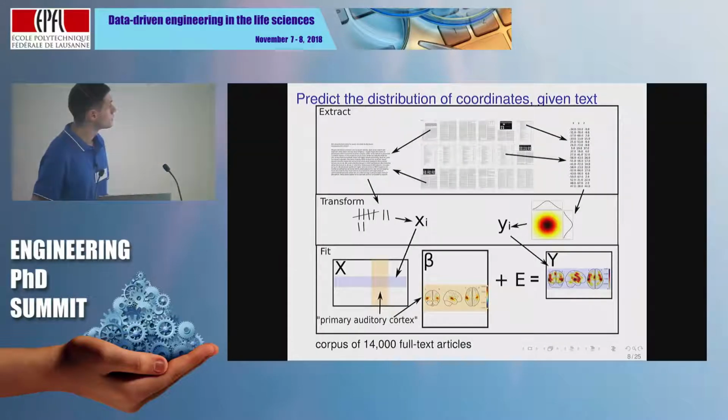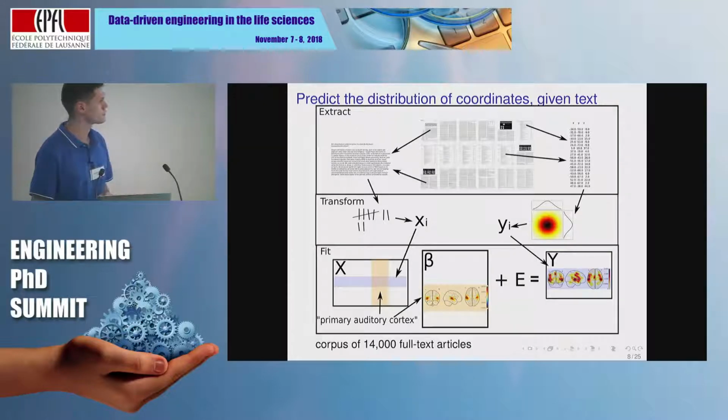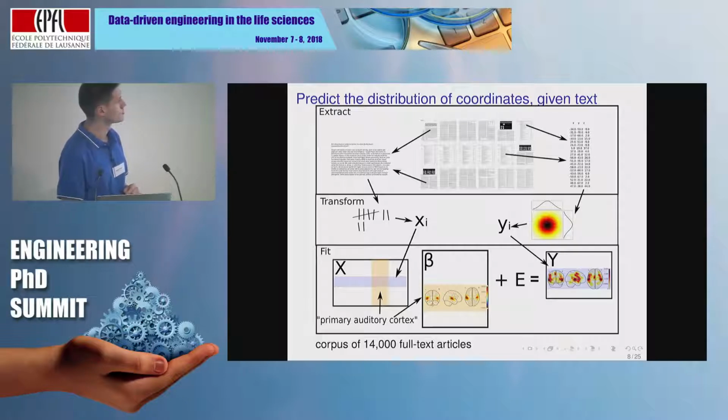So to summarize, we obtain an article about functional neuroimaging, and we extract all the text, and then we vectorize it by counting word frequencies. So this gives us a vector whose dimension is the size of our vocabulary, which represents the text of the article. And we also find in tables peak activation coordinates. We perform the density estimation by convolving them with a Gaussian kernel, and this gives us the brain map that is the target that we associate with this article and that we will learn to predict.